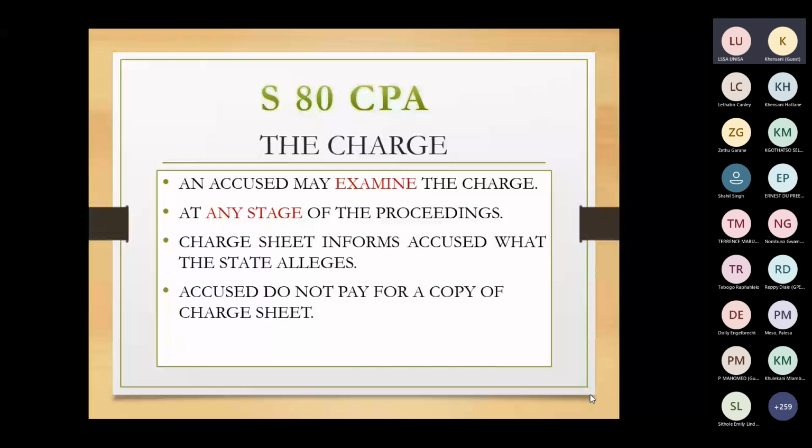And there are certain requirements that need to be met in the charge sheet. The charge sheet has to reflect who the accused person is, what is the offense he has committed, if possible, the time as well, and the place, the date of the offense he has committed, as well as the course of action, what happened, causation. So this is very, very important as to the requirements, because should it be that the charge sheet doesn't